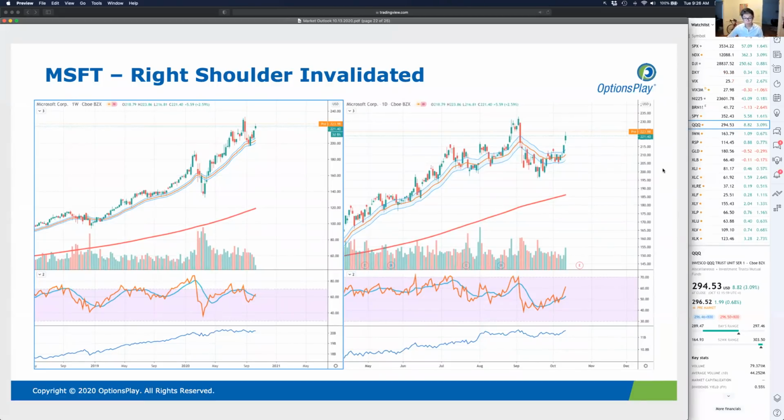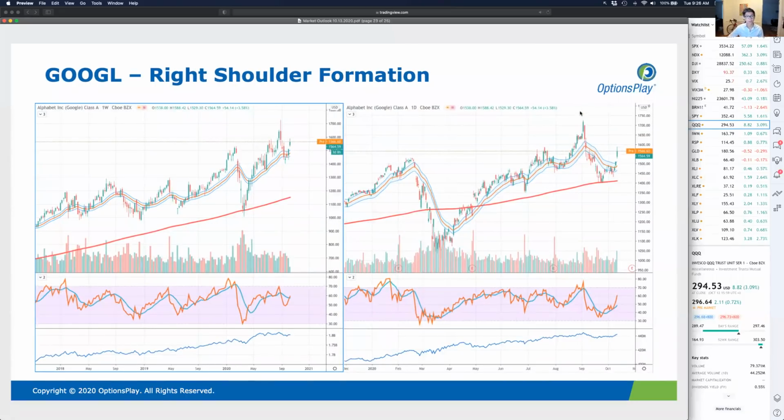When we look at Microsoft out of the FANG names, this is really, again, where we see one of these names that have put in a large head and shoulders formation, invalidate that head and shoulders formation, similar to the Qs in the S&P 500, and is now starting to move higher here. So if you look at the FANG names, you see a pretty wide spectrum: Apple, Amazon, Microsoft, invalidating those head and shoulders, speaking to me that these are stronger businesses, that investors have belief that they are going to likely provide some more outperformance, rather than names like Facebook and Google, which we'll look at here next,